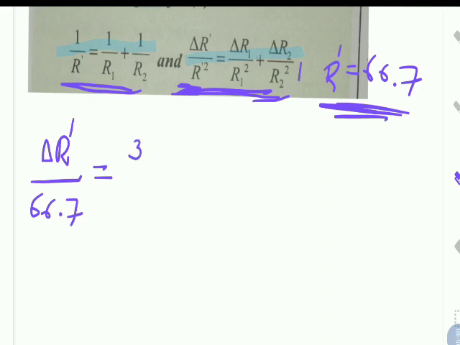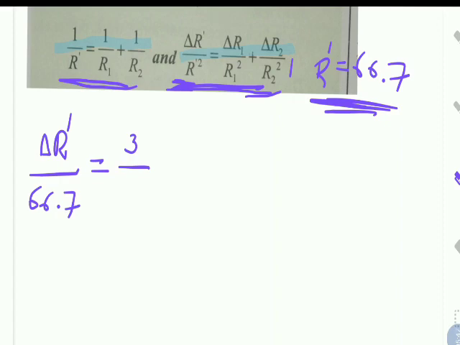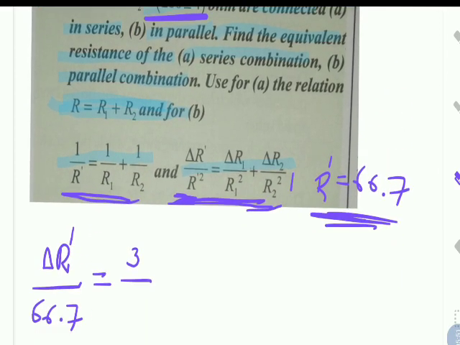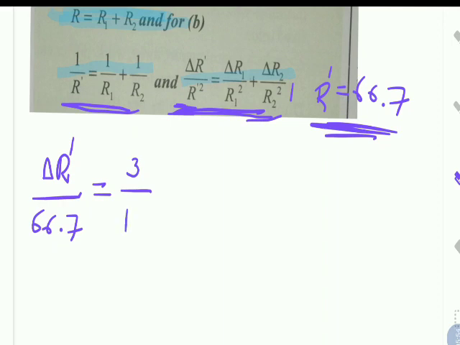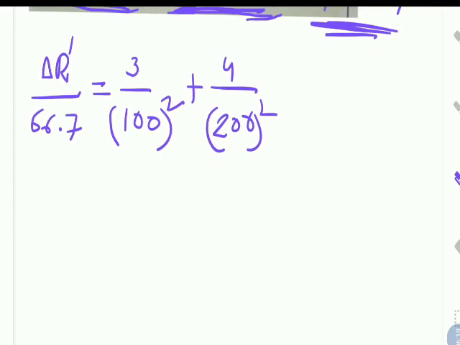3 by R1, 100 square, plus 4 by 200 square. Now delta R dash is equal to 66